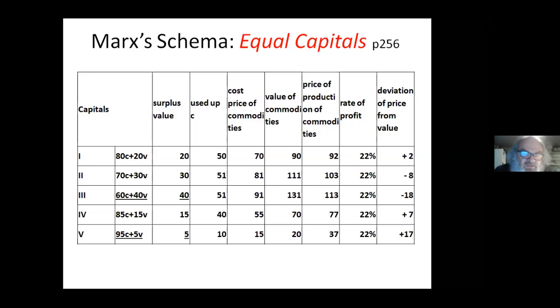And what Marx does, as is well known, he changes the composition. So all of these add up to 100, okay? But what he's changing is the internal composition of the capital totality of 100. So this one, which